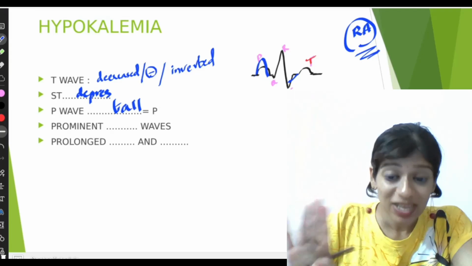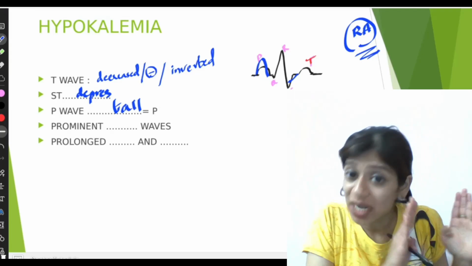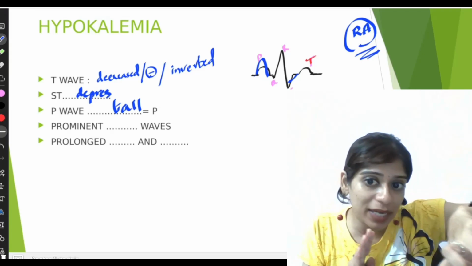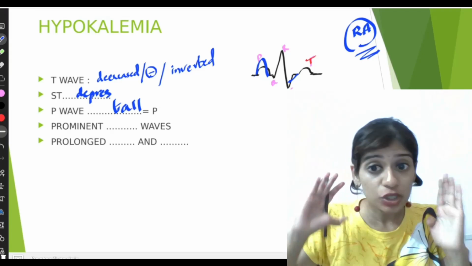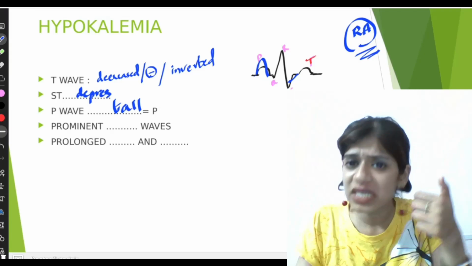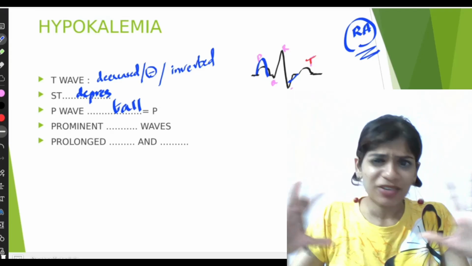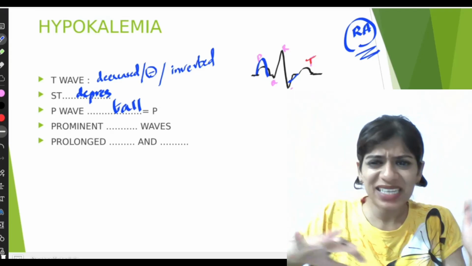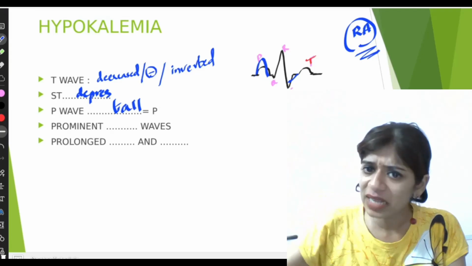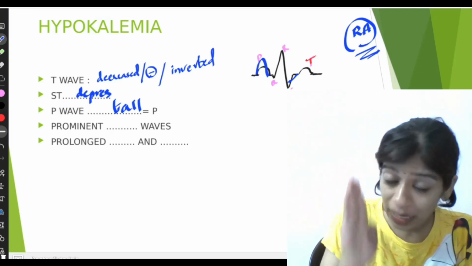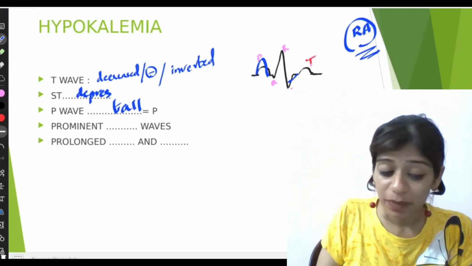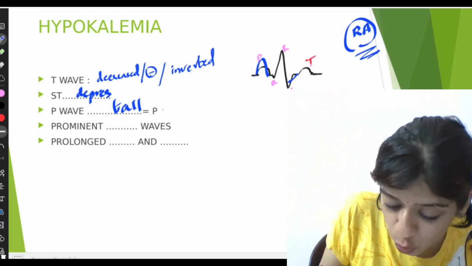But here the reason is hypokalemia. The P wave becomes tall because of low potassium. Normally a tall P wave is seen in right atrial enlargement, but in hypokalemia right atrial enlargement is not seen. This is a transient ECG change. The P waves can look a little bigger. That is why the tall P waves seen in hypokalemia are called pseudo